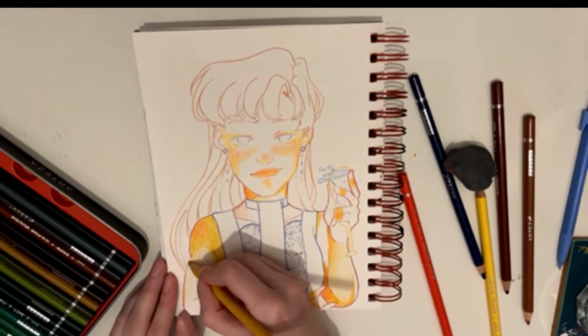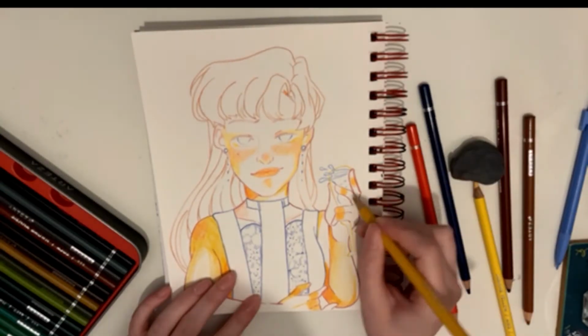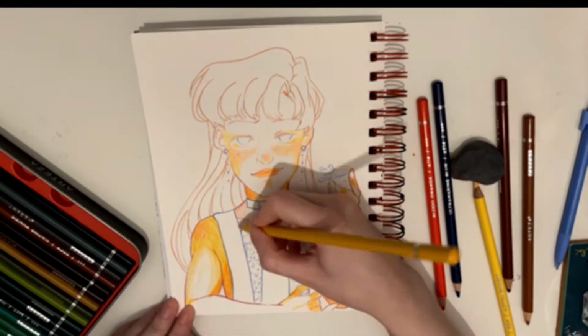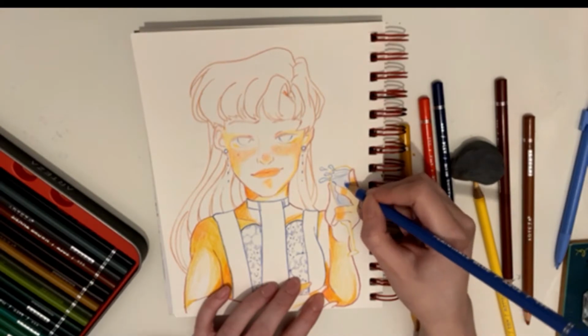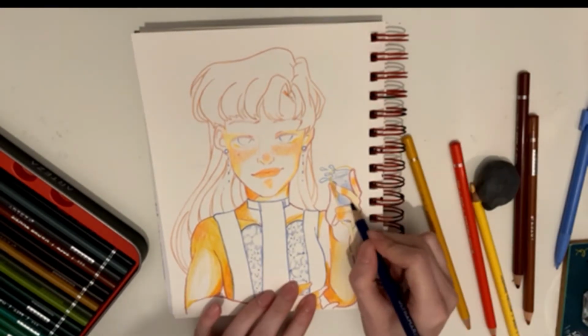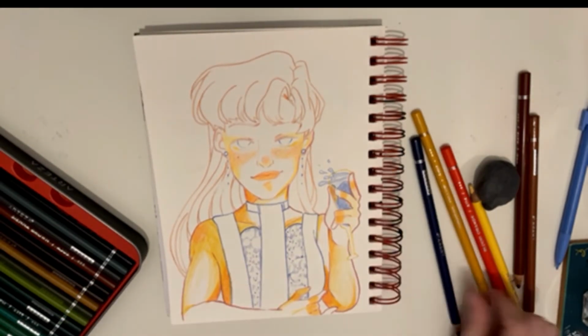Pencils, on the other hand, I don't know if it's just me and I don't like pencils or if it's just these type of pencils, but to be fair, they do work. They get the technique done, everything's fine. The only thing that gets me is the skin colour. If you have blonde hair, then I don't know what kind of pencil to use to make it look like a skin tone and everything. Other than that though,